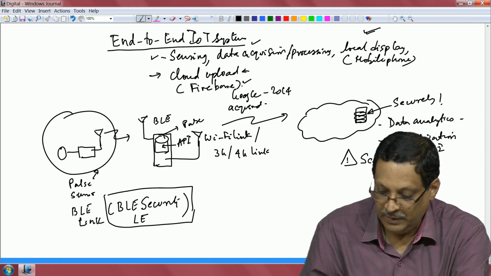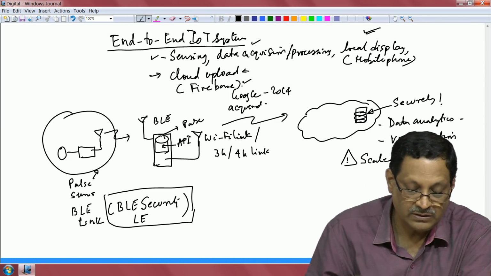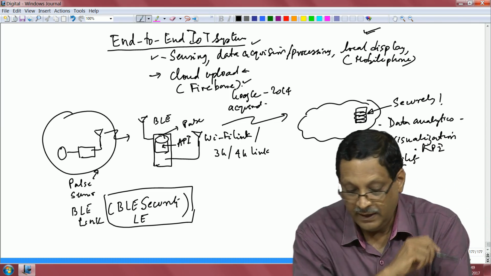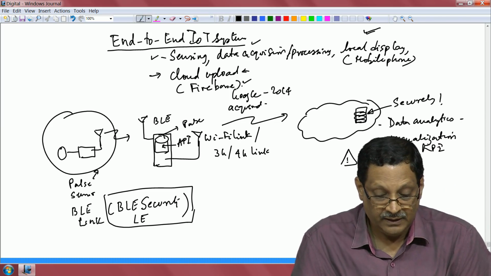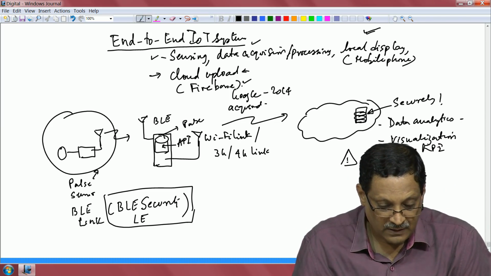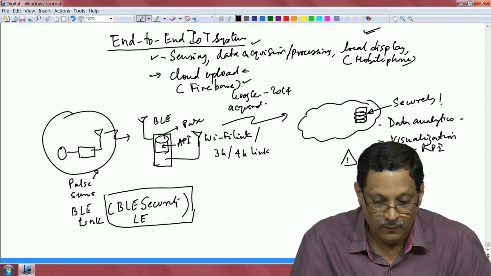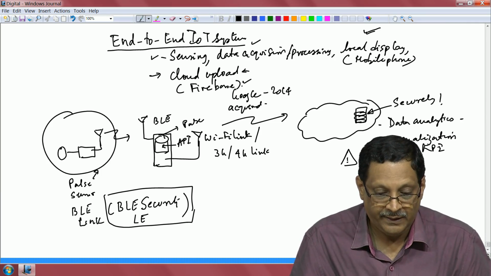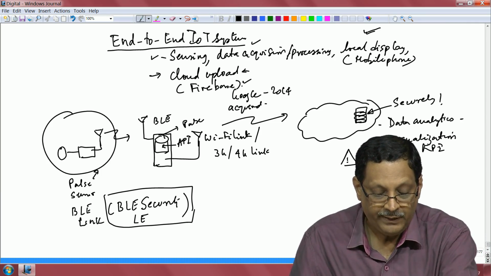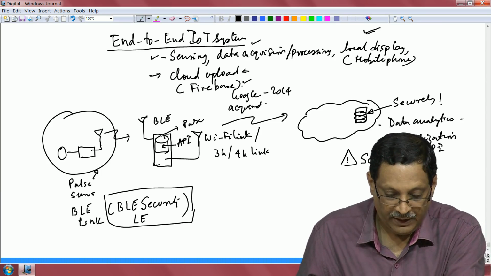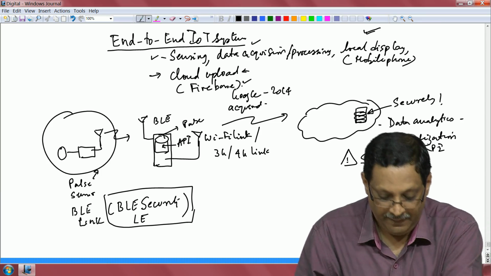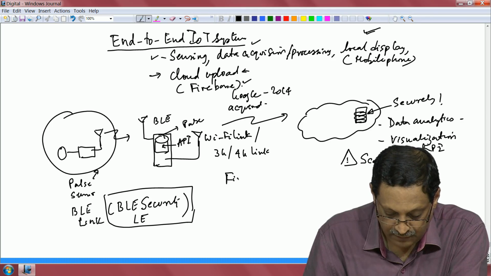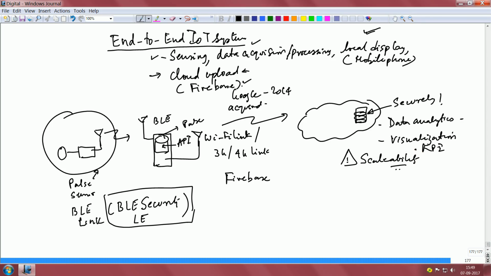Alright, scalability is important. So a scalable architecture is a very important requirement. Okay, this is the overall view of the end to end IoT system that we want to demonstrate. Now let us spend a little time understanding what this Firebase is, this cloud API development platform,